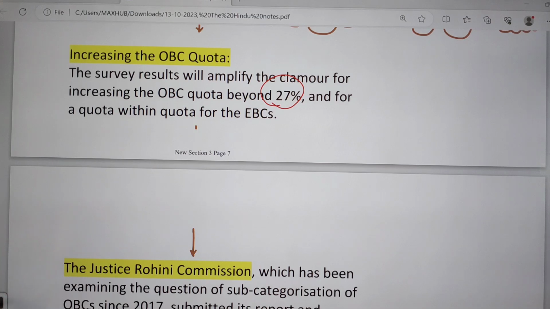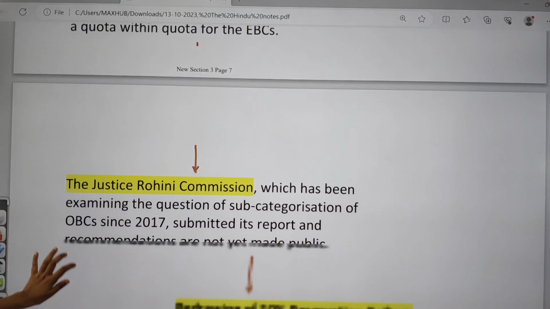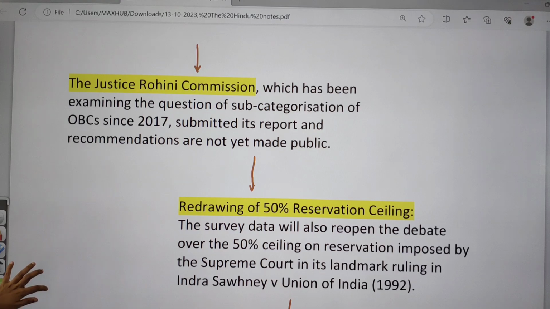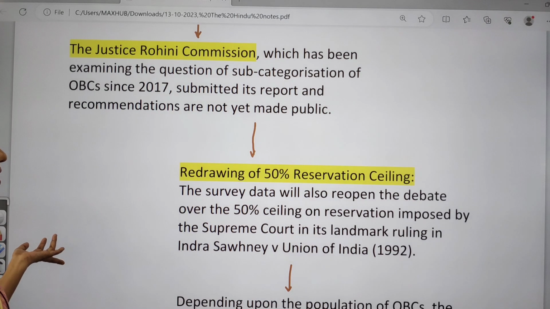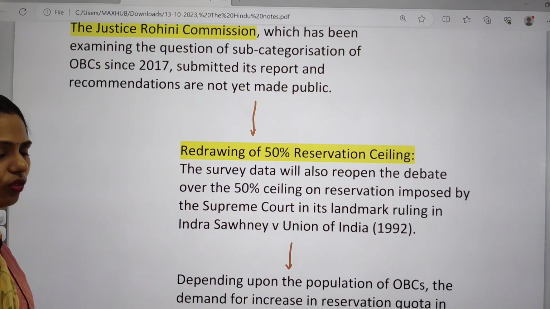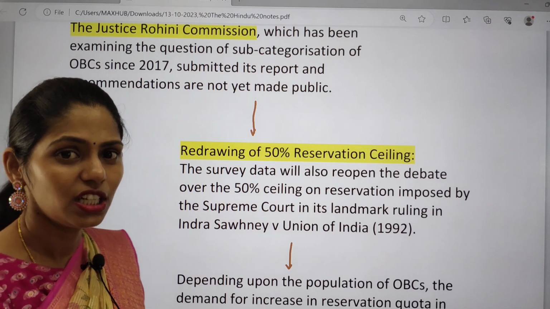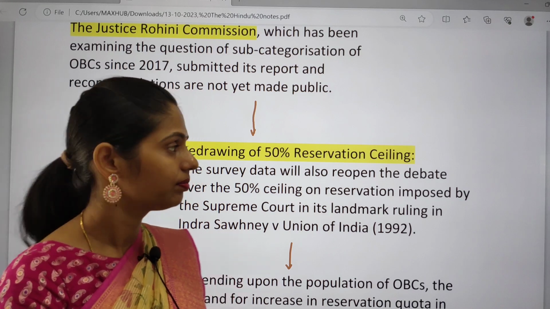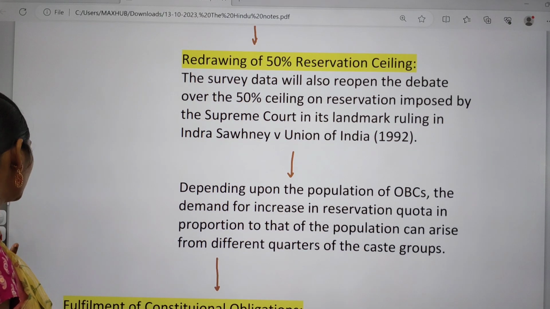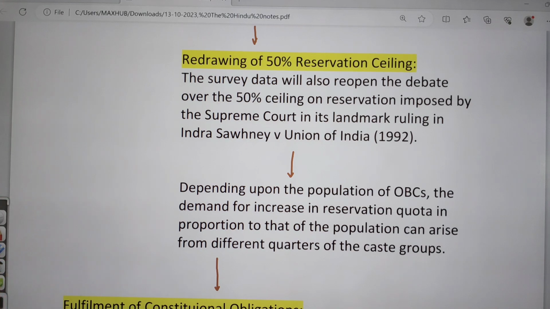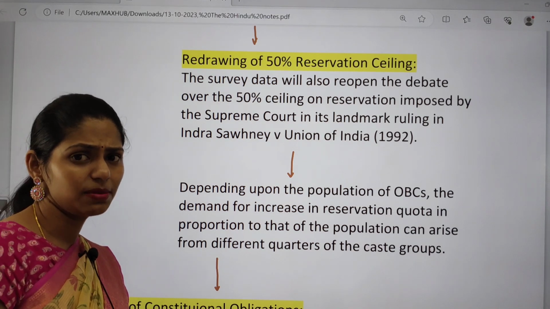And even there is one committee, like the Justice Rohini Commission. It said that we can go for subcategorization of this OBC since 2017. But the data and the recommendations of this committee have not been released. And this one is, we have to redraw the 50% reservation ceiling, because OBCs and extremely backward classes, they